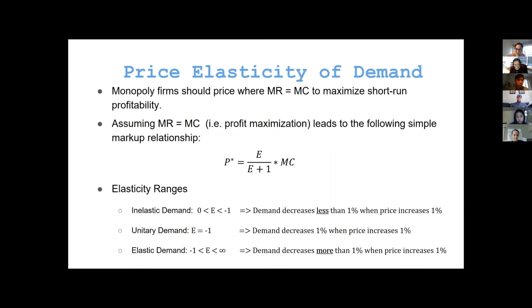If your demand is elastic, on the other hand, it means that demand is very sensitive to price. So for every 1% increase in price, there's more than a 1% decrease in demand. And so demand might be relatively sensitive to price. So some examples of inelastic demand, for example, might be the cost of education coming to